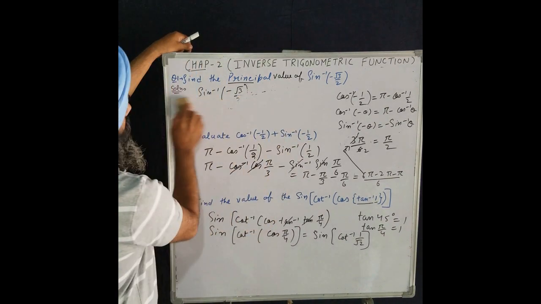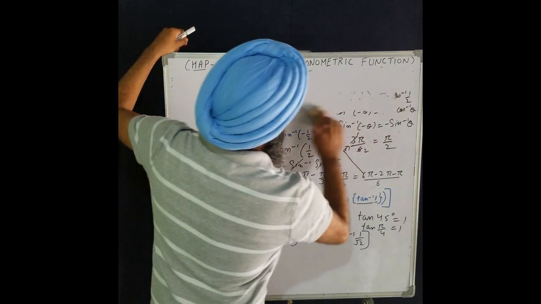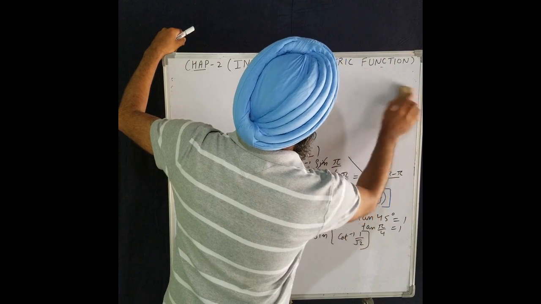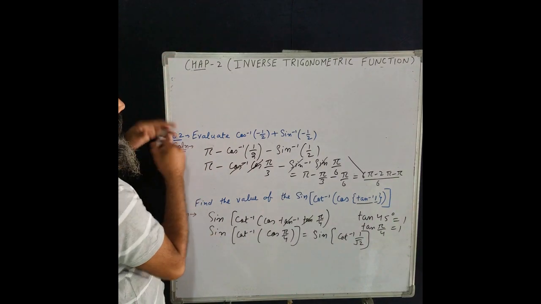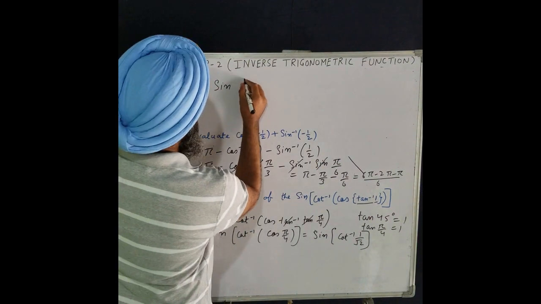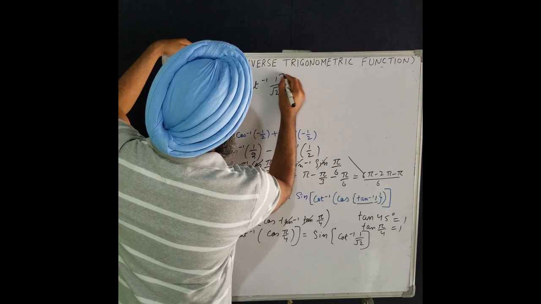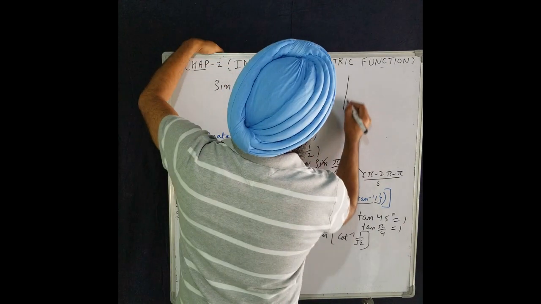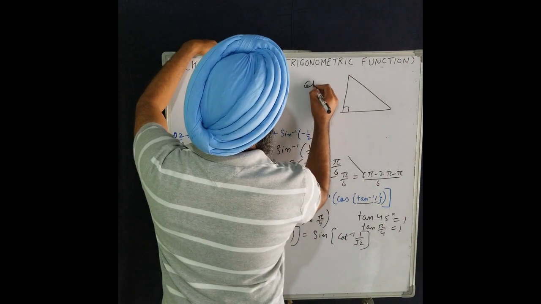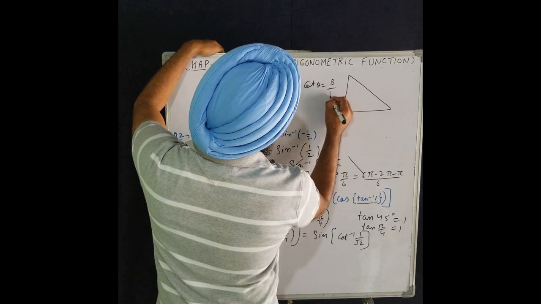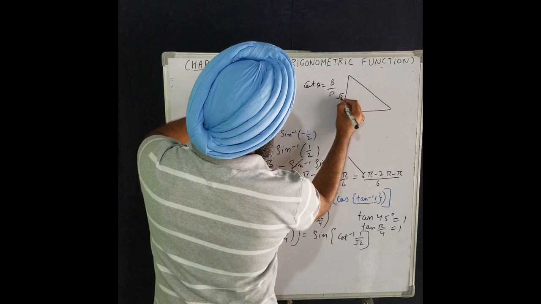I will solve the remaining part of the question here. So if the value does not exist in the table, you have to convert cot inverse into sin inverse so that both values get cancelled out. Sin cot inverse 1 upon under 2. Construct a right triangle in which cot theta equal to base upon perpendicular. So base is 1, and perpendicular is under 2. You just have to compare it.